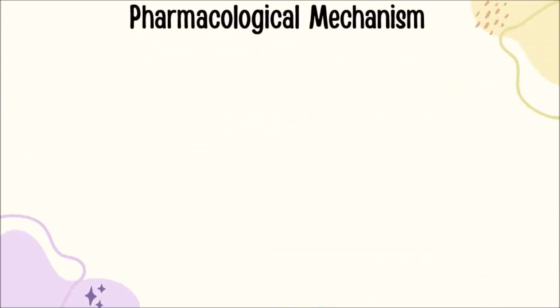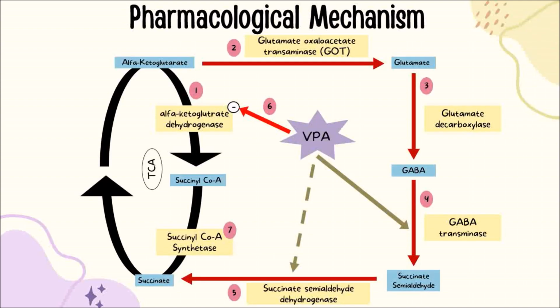Valproic acid has anticonvulsive activity via inhibition of the citric acid cycle and elevation of GABA levels in the central nervous system. Specifically, alpha-ketoglutarate is generated from the TCA cycle and may be further transformed into other metabolites through two possible ways. One passes through succinyl-CoA to produce succinate by the action of alpha-ketoglutarate dehydrogenase and succinyl-CoA synthetase, while the other takes the way from alpha-ketoglutarate to glutamate by the CoA complex, then to GABA by the action of glutamate decarboxylase,